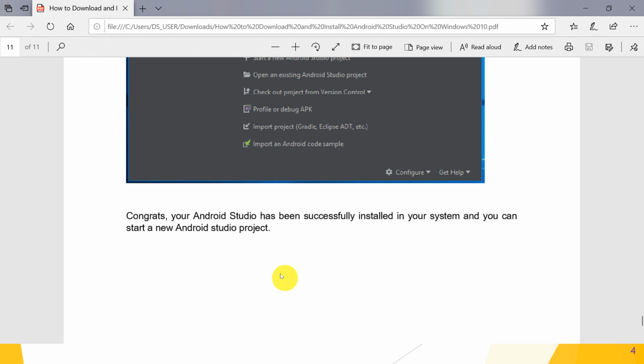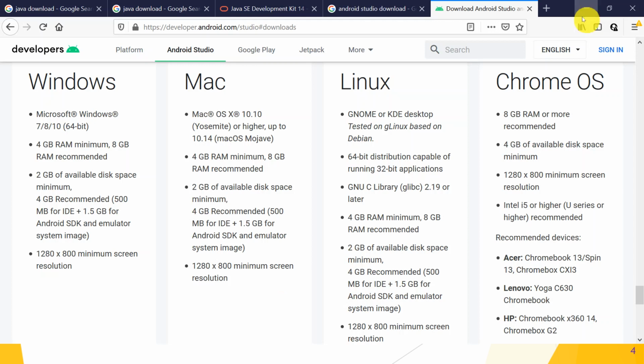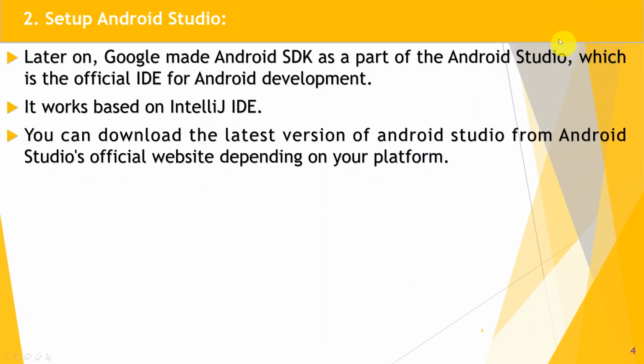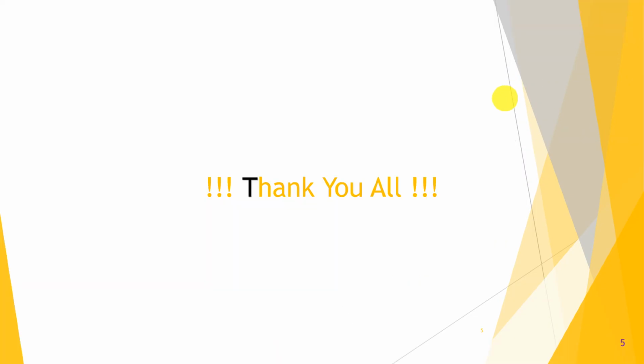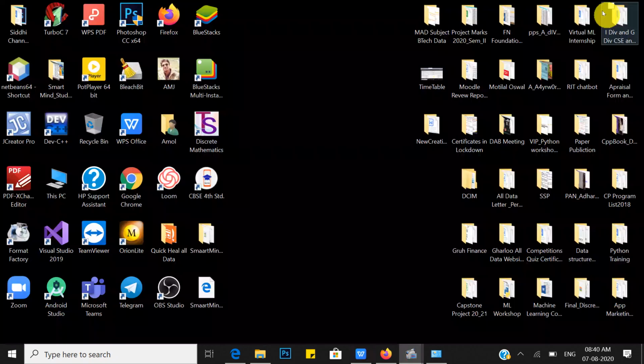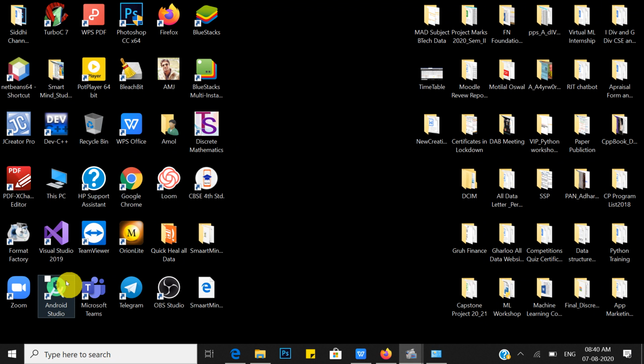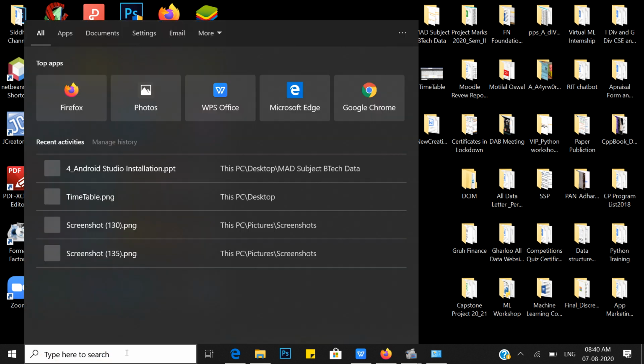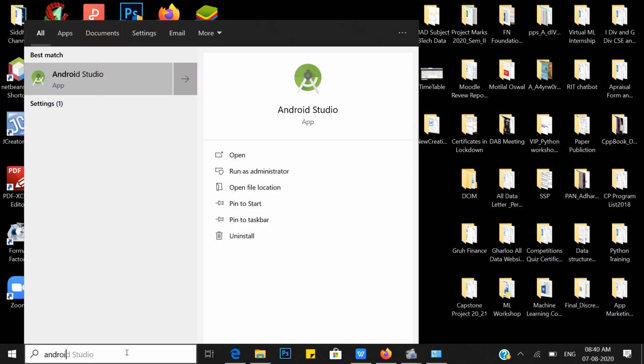Great. When you install Android Studio on your machine, then on your desktop it gives you the Android Studio icon, or you can search for Android Studio here. Android Studio will appear.